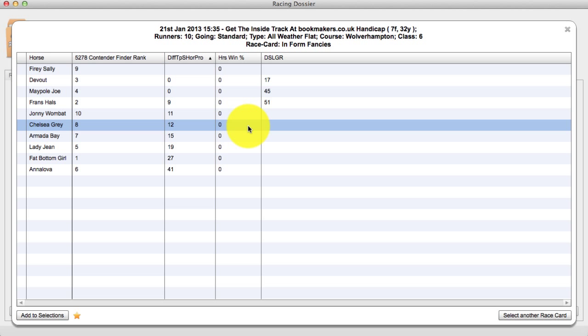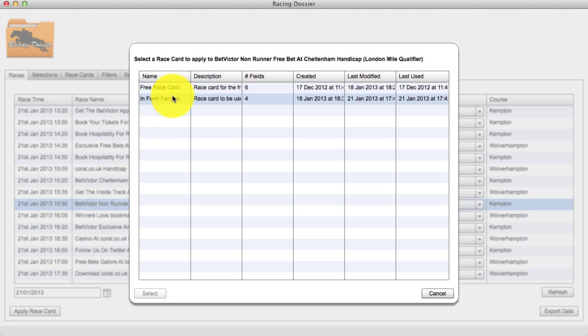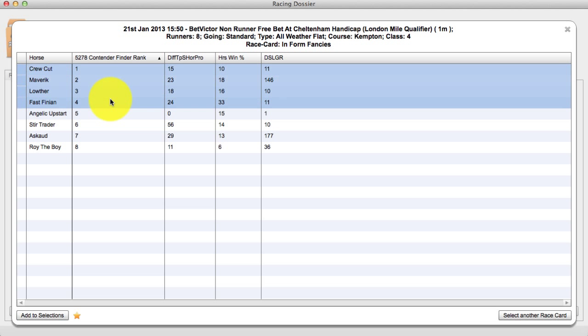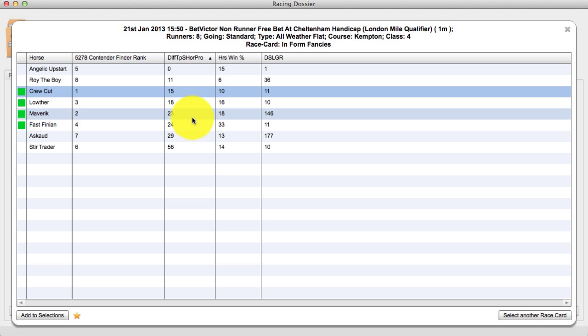Okay, so all of the runners failed on the horse win percent, so we close this and we move to the next race. And you can see now on the next race how quick it is to find possible selections. So we sort by the 5, 2, 7, 8 column and we mark the first 4 straight away. Then we sort by the next difference to top rated for the projection column, and we're looking for horses who are 10 or less points away from the top rated, and we can see straight away that none of these